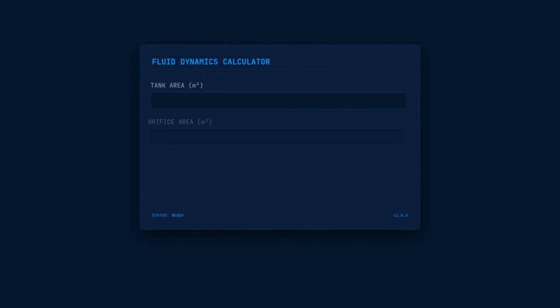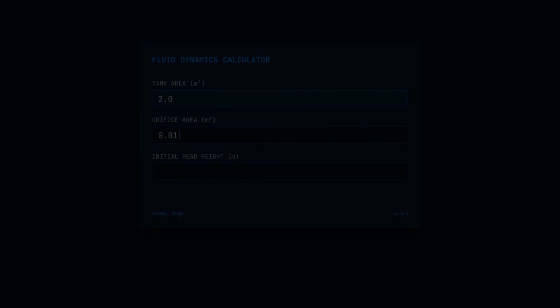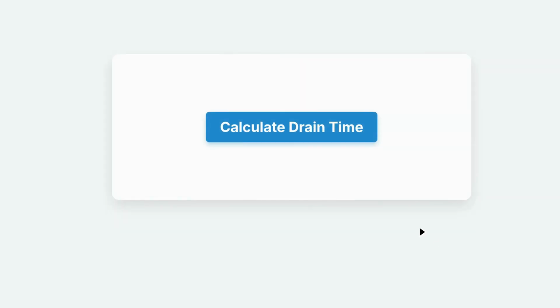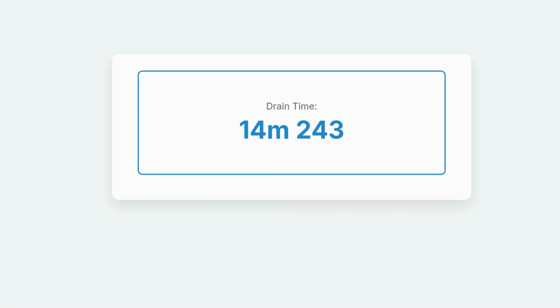Let's work through an example. I'll enter a tank cross-sectional area of 2 square meters, an orifice area of 0.01 square meters, and an initial head height of 3 meters. Click Calculate Drain Time. The calculator provides the total time required to completely drain the tank from your specified initial